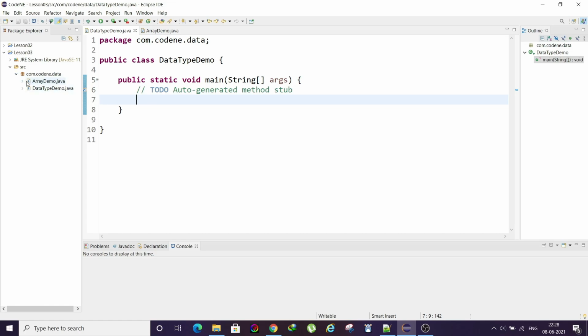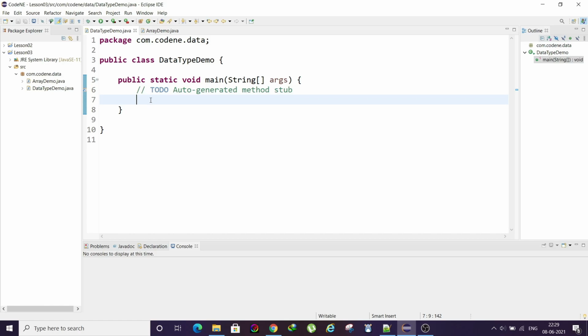Right now I have created two classes: one is data type demo and one is array demo. For our second action point, how to declare a variable, we will see data type demo. We'll write our code in data type demo.